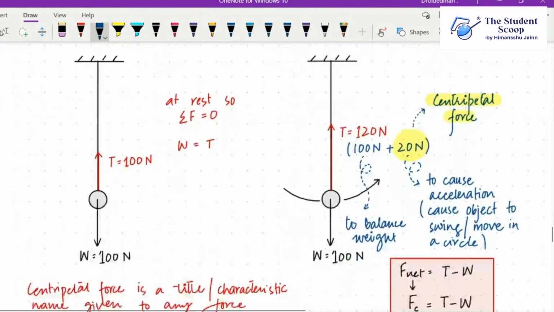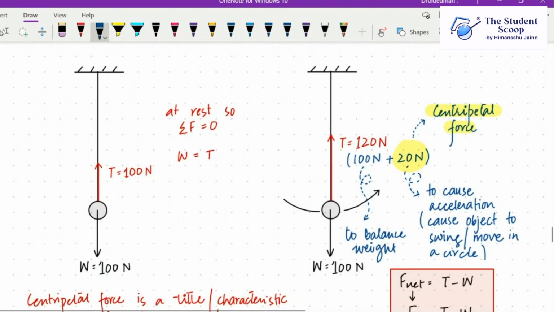For example, if I have a pendulum and it is at rest, the forces are balanced. The tension will be 100 Newton upward, and the weight will be 100 Newton downwards. But what if this pendulum is performing a circular motion? Then it is not in equilibrium. It is never in equilibrium. Why? Because the tension has to be greater than the weight